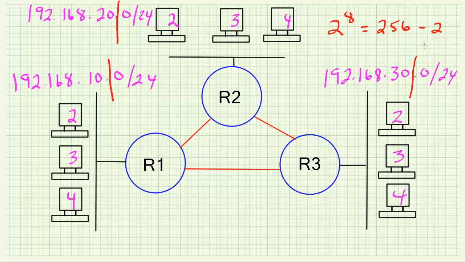We've got one special case where all of the bits are 0, which represents the network number, which incidentally is this 192.168.20.0. That is the network number, and that is one of those special cases. The other special case is 192.168.20.255, which is the directed broadcast address for all of the hosts in this network. And that's the special case where all of the host bits are set to 1. So 2 to the 8th equals 256 possible values minus the 2 special cases equals 254 assignable IP addresses that